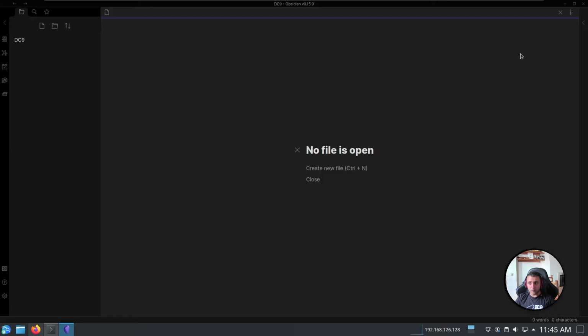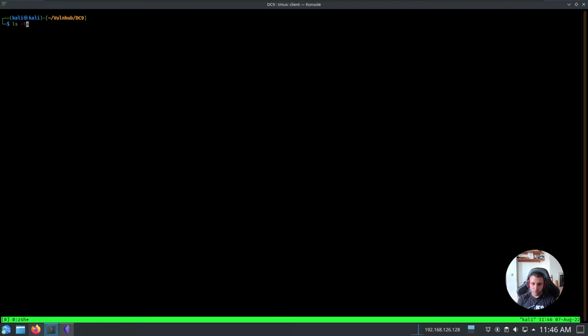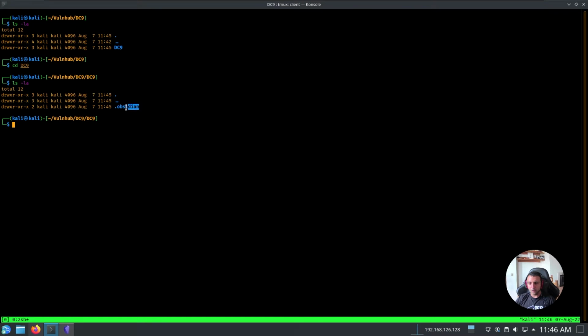Now, the worst part about Obsidian is that you can't easily just back things up. When you do different projects in different Obsidian folders, you can't copy configuration files because they're inside what's called the .obsidian folder. So if you go to the folder again, do ls, we have DC9, which is the Obsidian one, and here we have a hidden folder called .obsidian. That folder contains all of your configuration, plugins, and so on. So the only way to migrate your plugins from one Obsidian vault to another is to copy that folder here. What I'm gonna do now is remove the configuration folder, and then copy